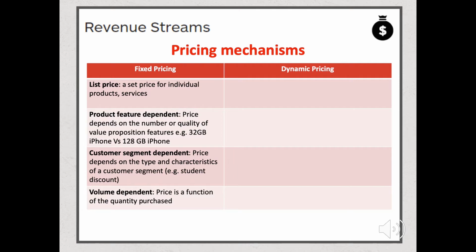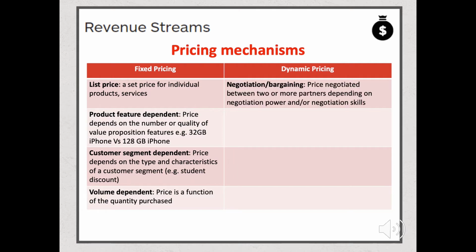When we think about our dynamic pricing, there's basic negotiation or bargaining where you would negotiate with the other party. You might be able to come up with a better price. Yield management is based on the actual inventory. So this is where airlines might discount in advance of purchase. So the further in advance that you pay for a flight, it might be cheaper, or it might drop significantly